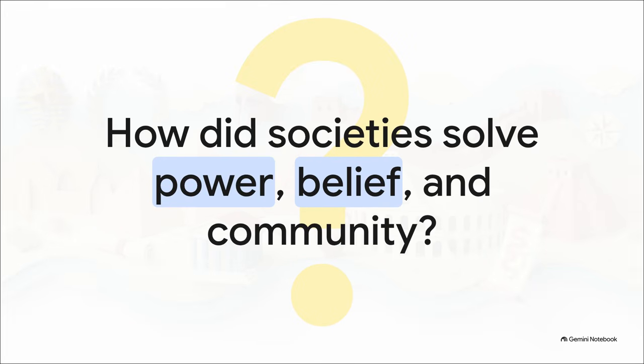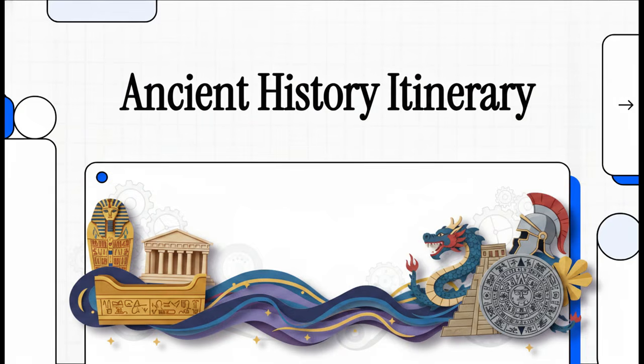If you've ever found yourself wondering how the very first humans actually organized themselves, or how they built these massive, sprawling empires, or even created belief systems that still drive our world today, well, you are in the exact right place. Welcome to this explainer. Today we're taking the official St. Paul Middle School curriculum pacing guide for grades 6 and 7 ancient history, and we are transforming it into an epic, time-traveling itinerary for your school year. We're going to decode exactly what you'll be learning, how long you'll spend on each era, and, most importantly, why these ancient stories actually matter to you right now.